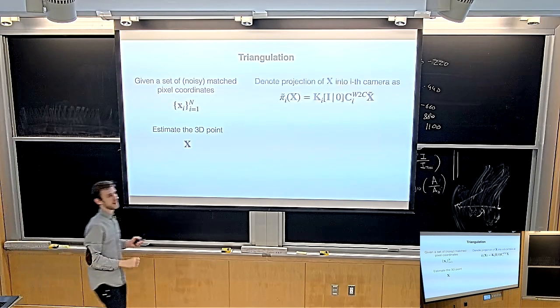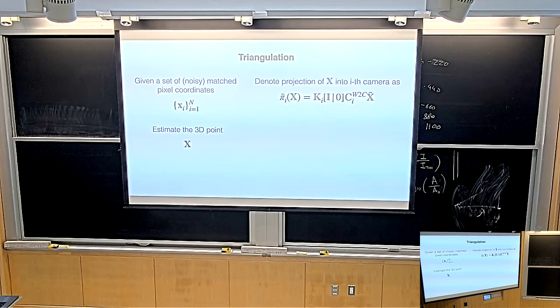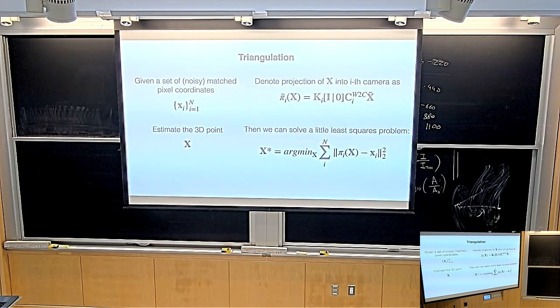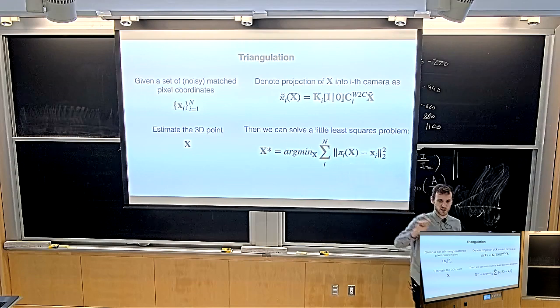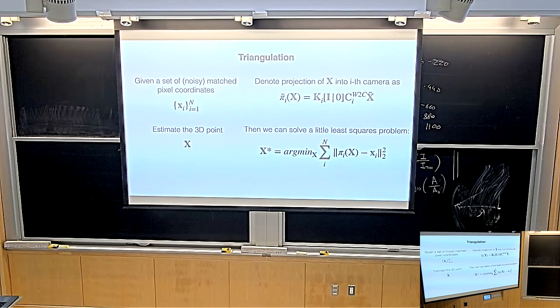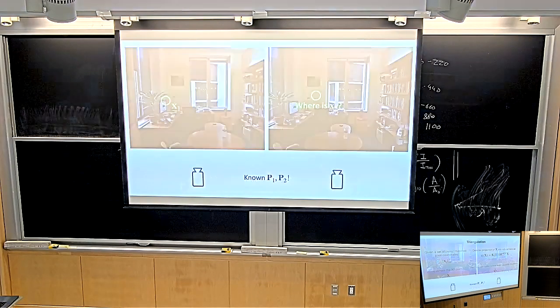So you're going to build the projection of the 3D coordinate onto the ith camera like this, right? So just again, for the record, homogeneous 3D coordinate, world to camera, gets it into camera coordinates, intrinsics projects it into a pixel coordinate, and then you can, for instance, solve this little optimization problem that says, I want this projection of the 3D coordinate to be close to the correspondence that I had, and that's one way of solving this little optimization problem. Make sense? Great. Maybe this was actually already a triangulation done. So this is as much as we're going to talk about it. You can solve this with gradient descent or some other smarter algorithm.